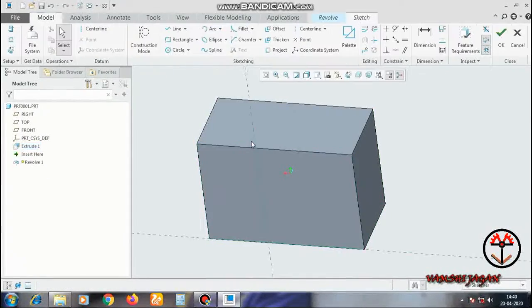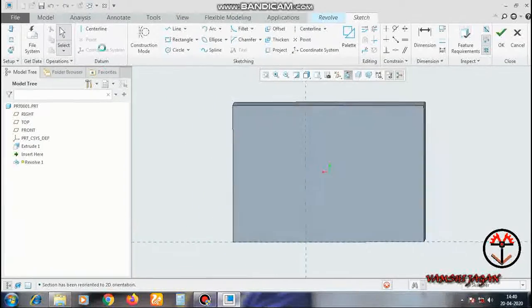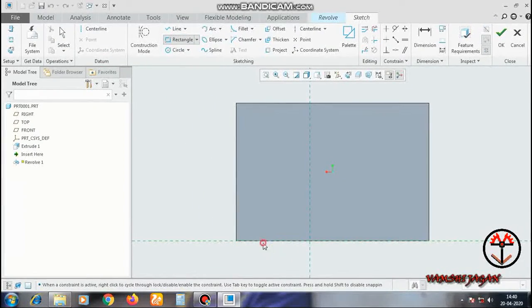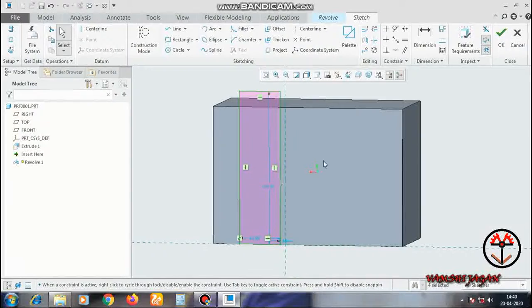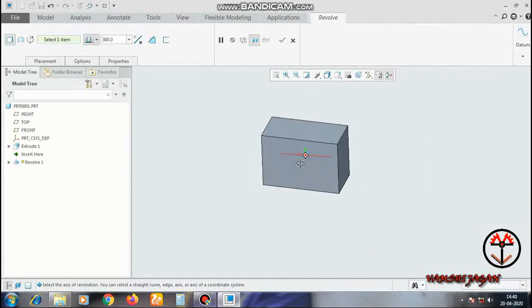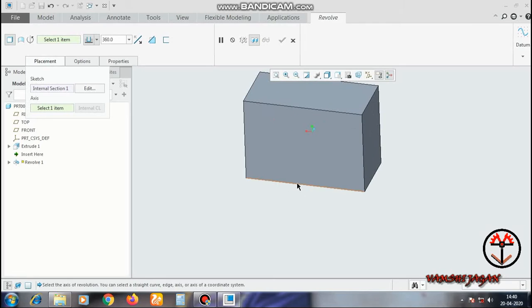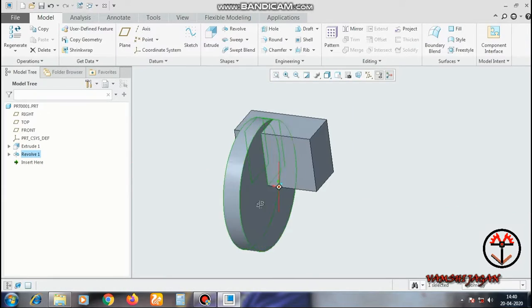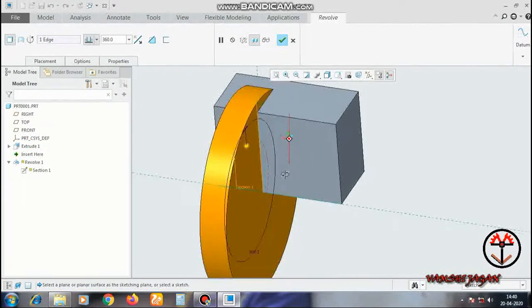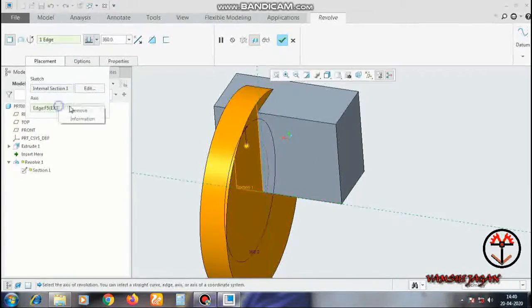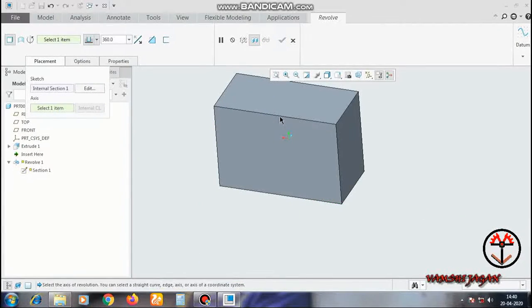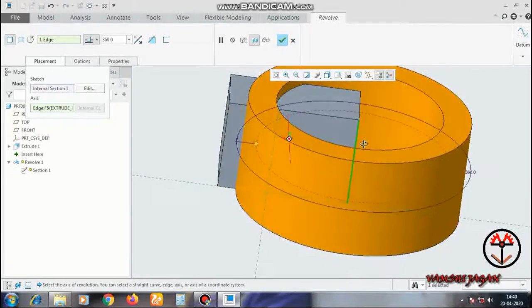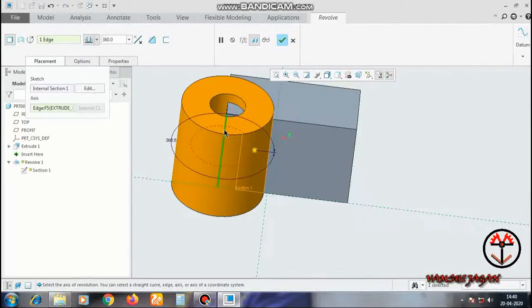After that, click on surface and revolve. I will draw one rectangle. Click on OK. After that, click on one edge line for center line. You can see clicking on edge, you will get center line and revolve it. So after that, you can click any edge. I will show by clicking side edge also. So this is the side edge revolve.